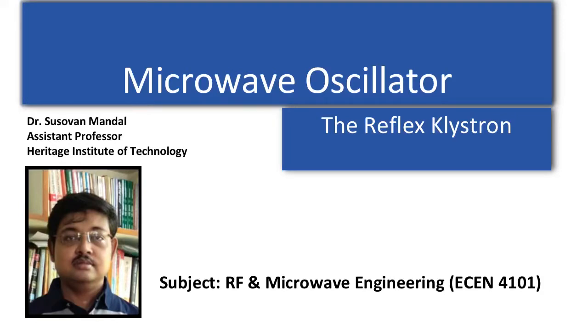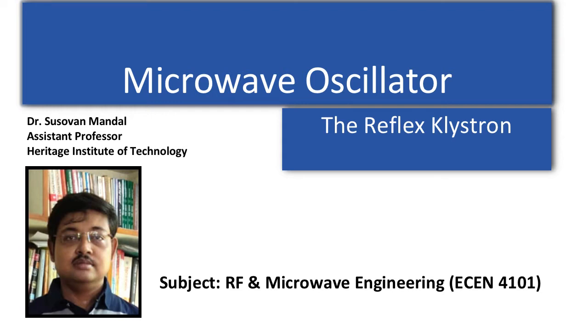In my previous lecture, I discussed the two cavity klystron amplifier. In this lecture, I will discuss the microwave oscillator based on the reflex klystron. Instead of the reflex klystron, we can use the two cavity klystron, which was used to design an amplifier, but there are several disadvantages, so we generally avoid using two cavity or multi cavity klystrons in designing microwave oscillators. It is better to use the reflex klystron, which is based on a single cavity, whereas the two cavity and multiple cavity klystrons obviously use multiple cavities.